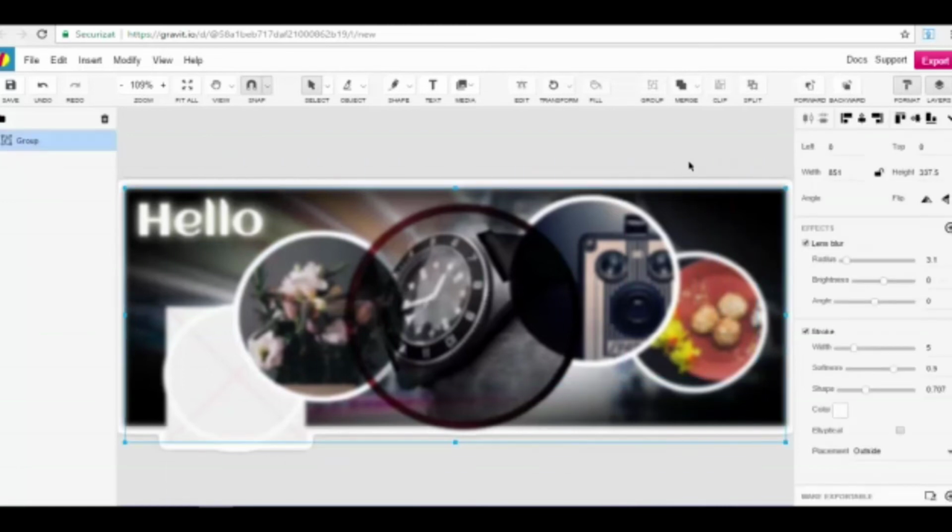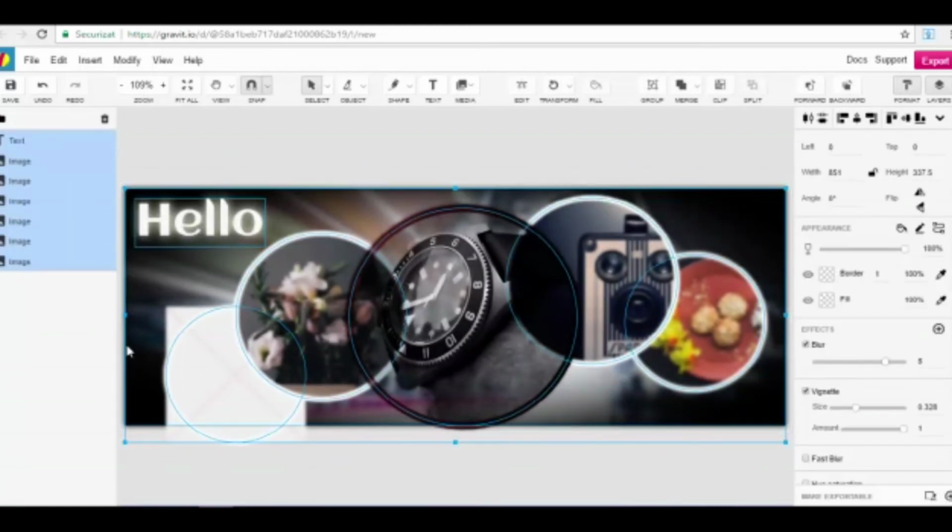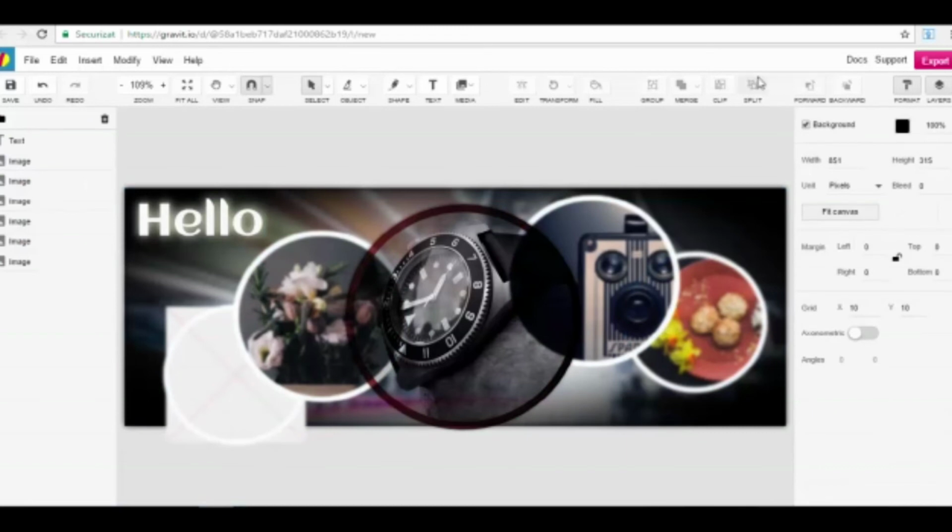Now let me select it all and press the button split. Okay, and again we have single elements. And you have seen how forward and backward works. So basically, guys, you have seen how this app works. Okay, it's pretty interesting, pretty complex for a web-based app which is for free, and you have some pretty nice